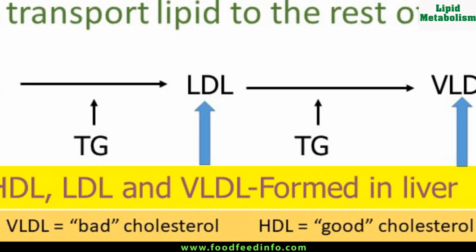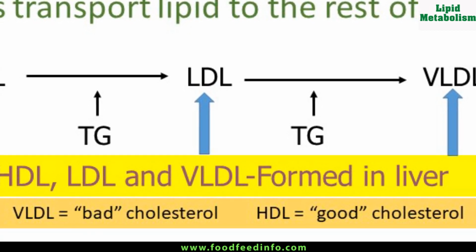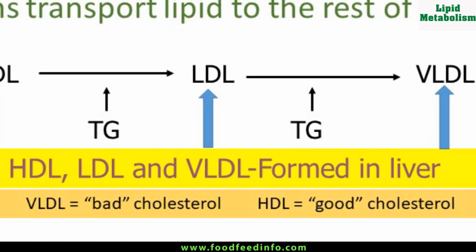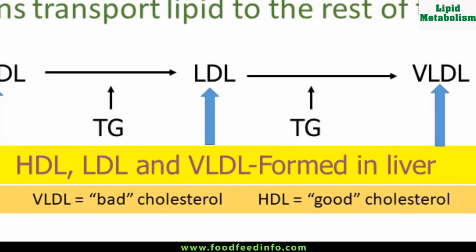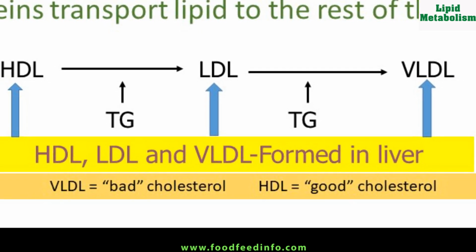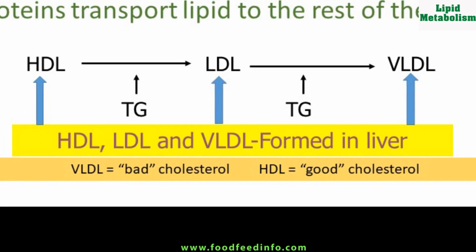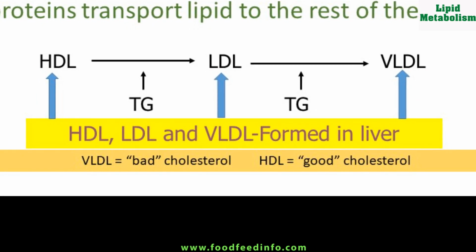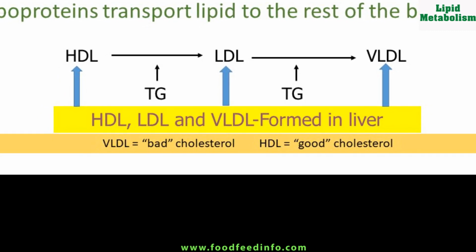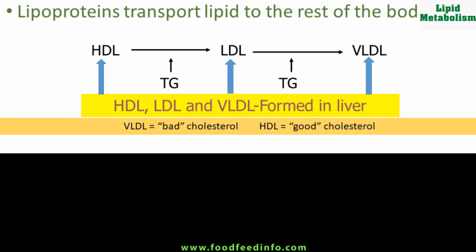The reason being the low density lipoprotein carries cholesterol towards the tissue, whereas the high density lipoprotein carries cholesterol from tissue towards the liver. So this VLDL, LDL, and HDL are formed in the liver, and they help in the transport of lipid molecules. Lipoproteins are similar to chylomicrons, but because they are found in the liver, they have a slightly different name. They are lipid wrapped in protein and cholesterol. So when cholesterol is measured, the VLDL is considered bad cholesterol, whereas HDL is considered good cholesterol.